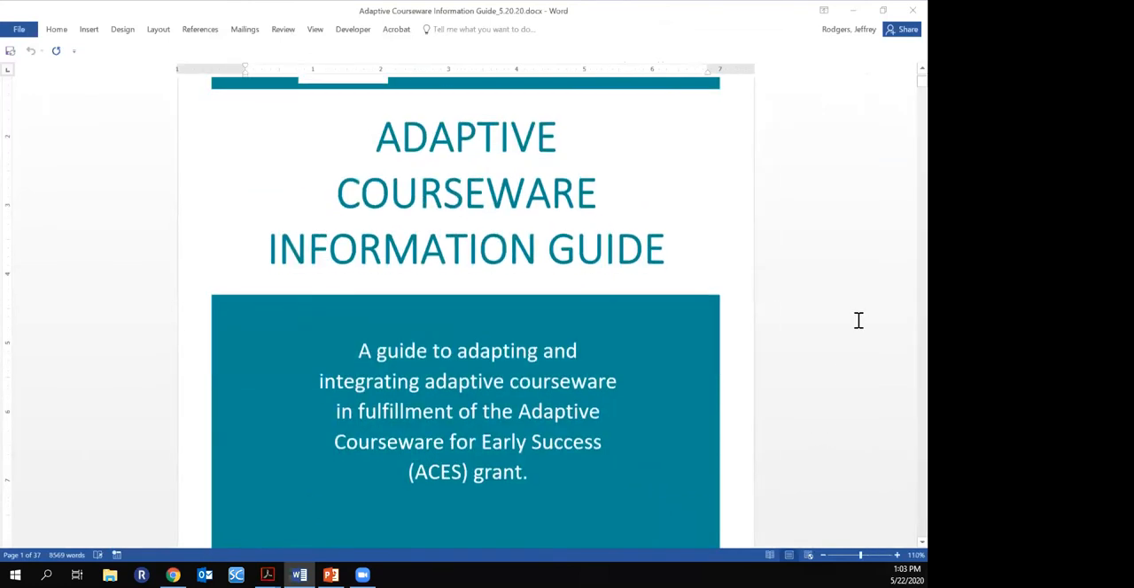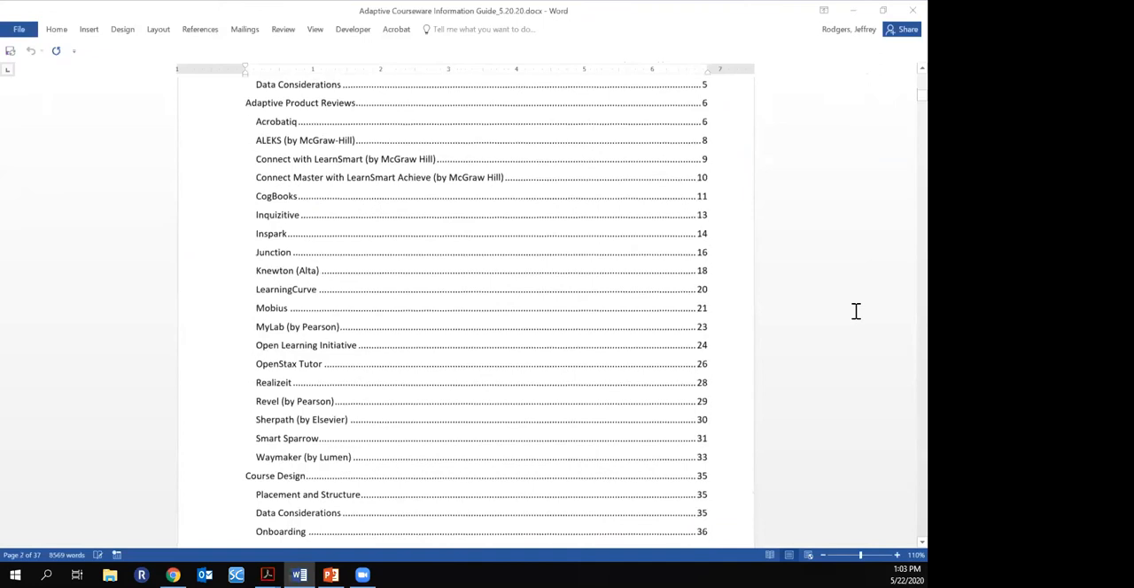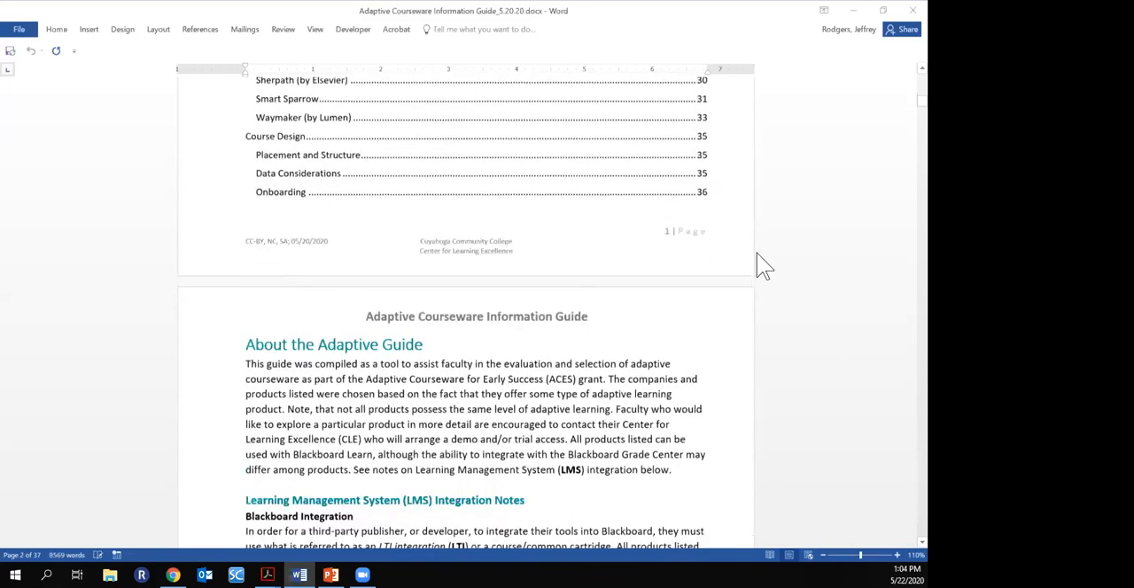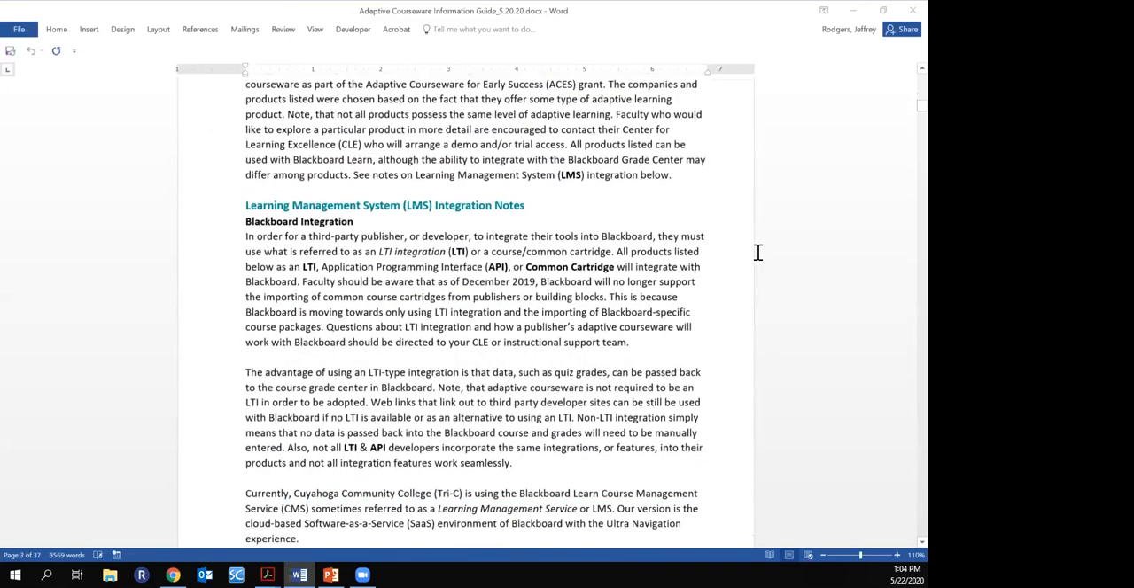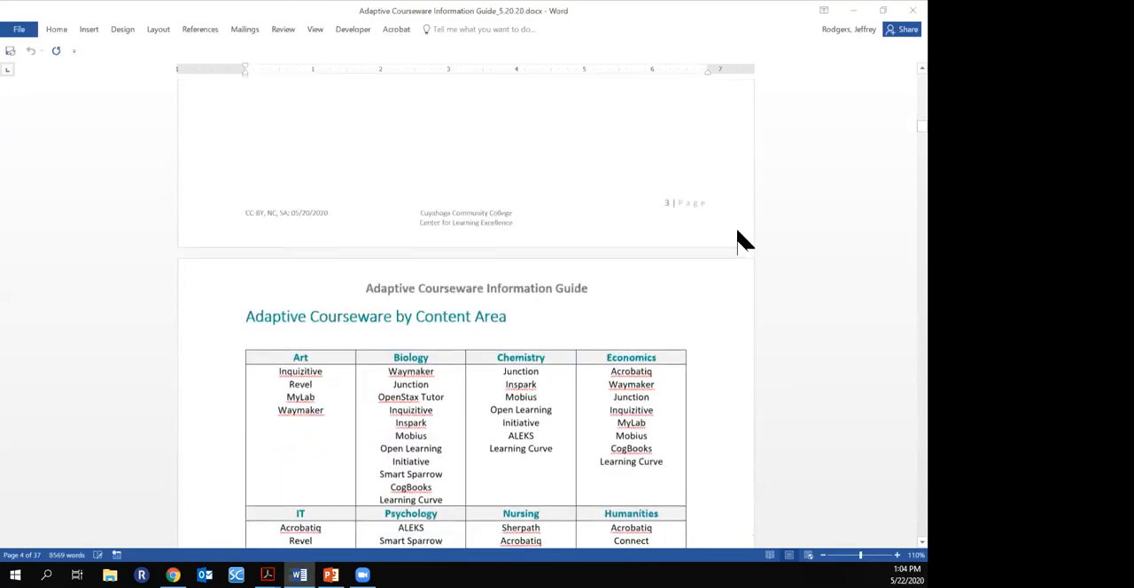Yeah, with the slides. I updated it actually just recently here, but you can see there's a lot of different aspects, a lot of different product reviews that we have in there. When we have had faculty use these particular pieces of adaptive courseware, we've tried to put feedback and information in there about that. It's created specifically for Tri-C, but because it's open source, you're welcome to modify it for your institution as well. We've put a variety of different types of information in there, as well as how to